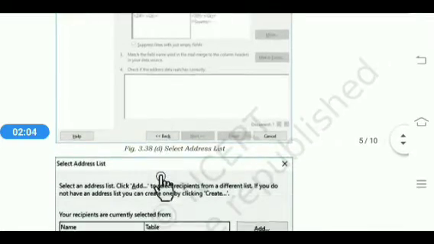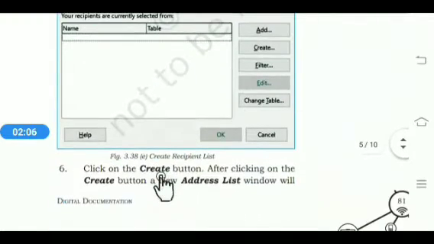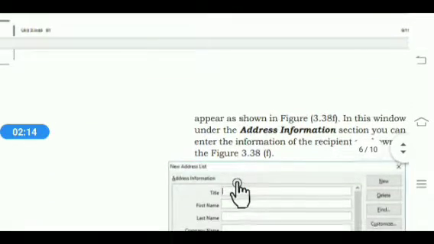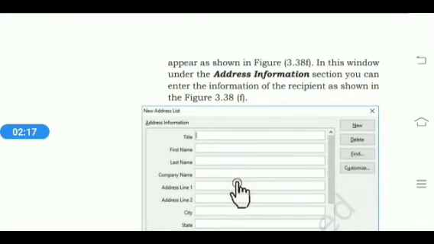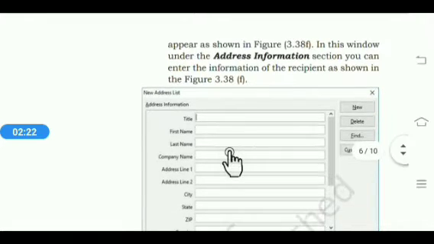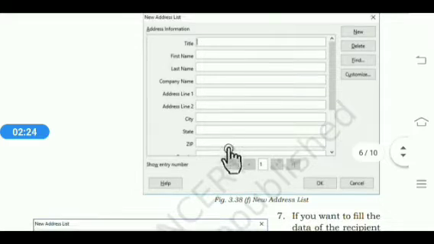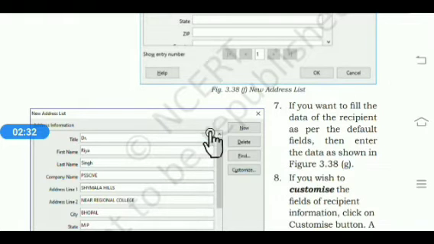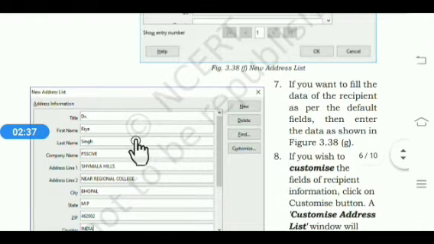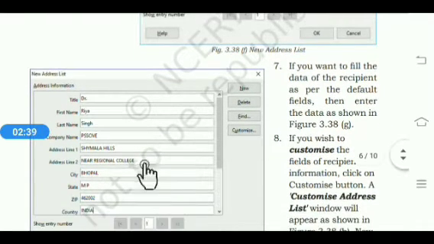See here. Then click on the create button. After clicking on the create button, a new address list window will appear. Then under the address information section you can enter the information of the recipient like title, first name, last name, company name, address, city, etc. If you want to fill the data of the recipient as per the same fields, then fill the data normally.